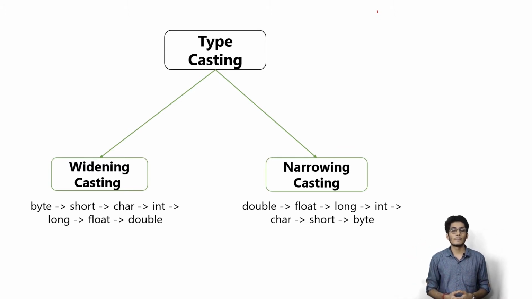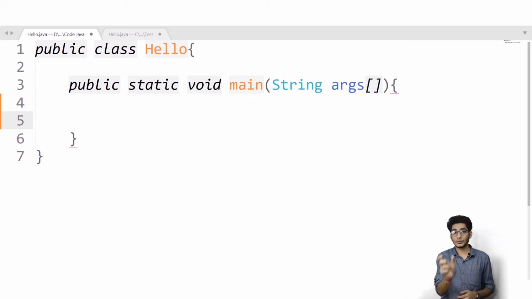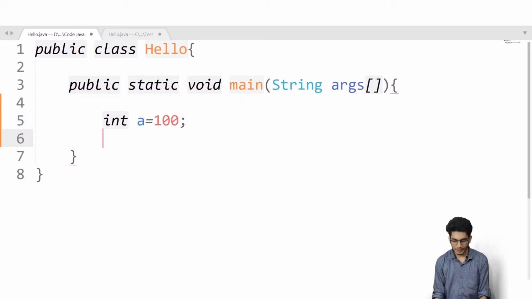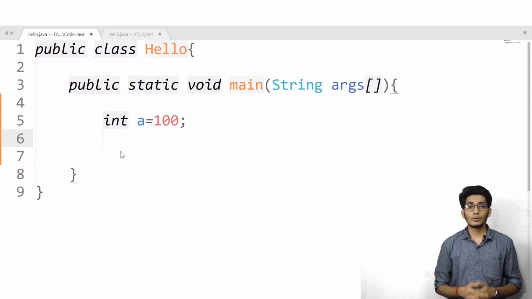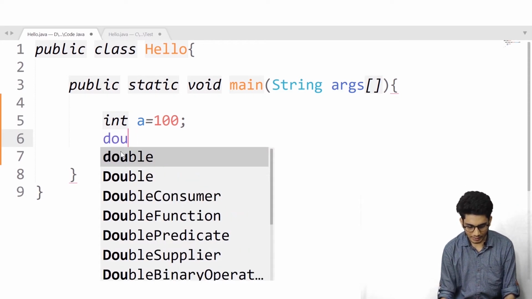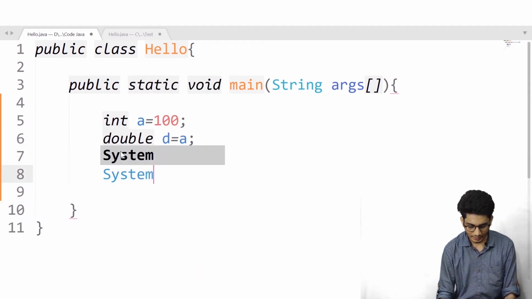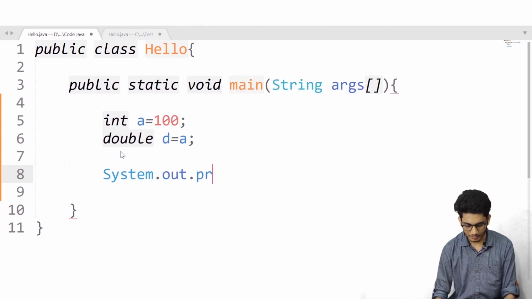Let's do some hands-on. As you can see, public class hello and public static void main are written over there. First we'll perform the widening casting. We'll write int a equals 100. So a is a variable whose data type is int. Now we'll convert our int into double. For that we write double d equals a. So this is widening casting. System.out.println(d).